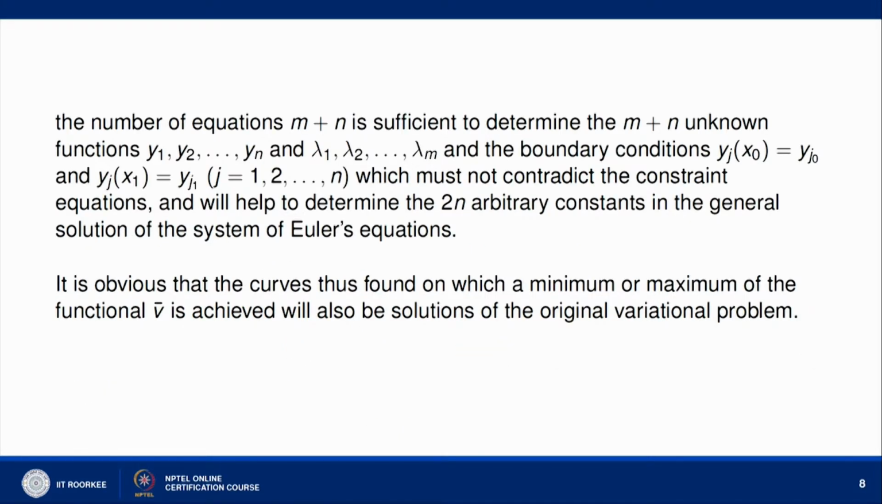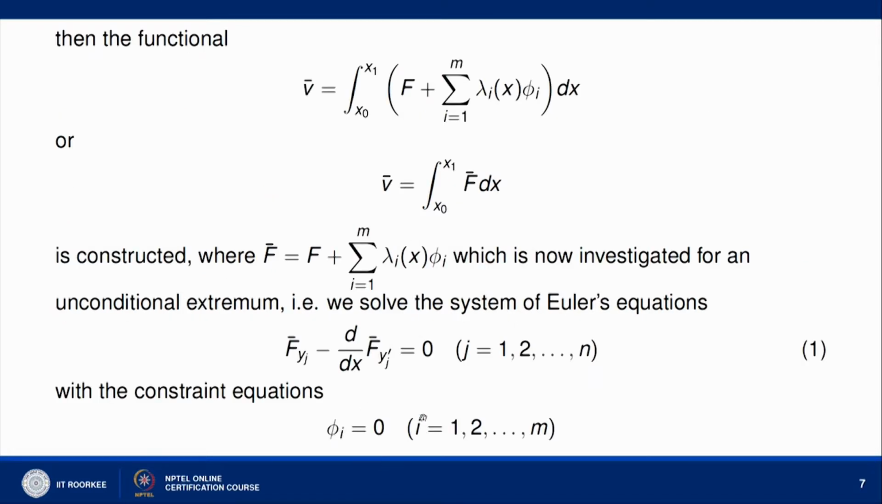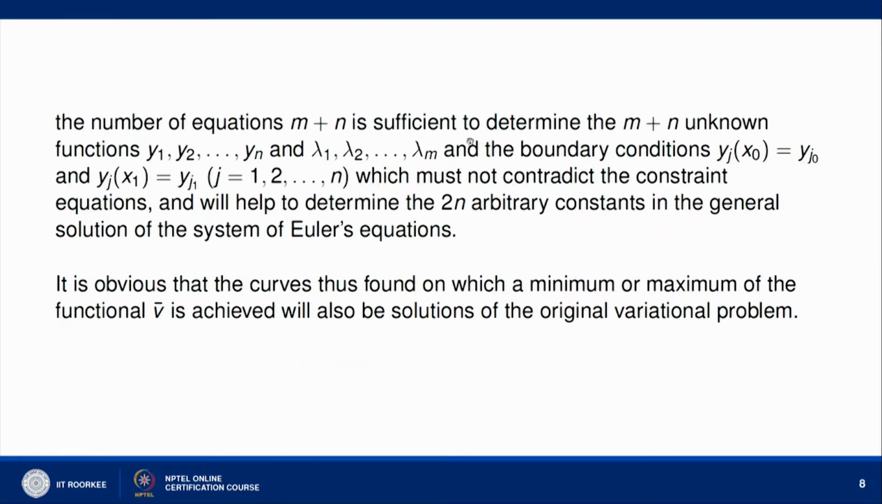So to prove this, we'll consider a theorem, but before that, we see how many equations we have. Here we have n equations, and here we have m equations given in terms of constants. So here we have a total of n plus m equations. So the number of equations m plus n is sufficient to determine the m plus n unknowns, that is y1